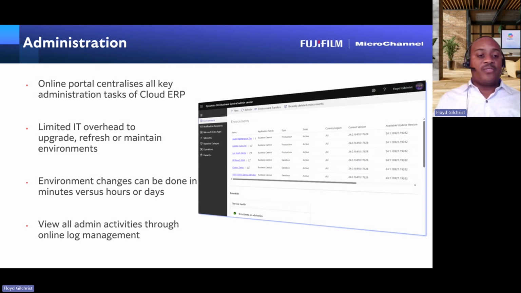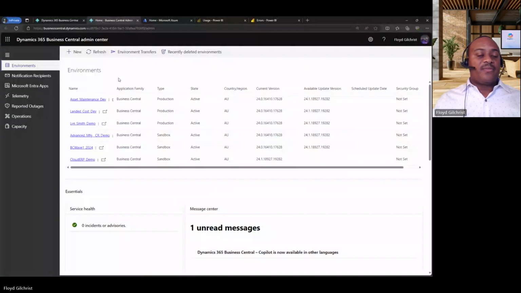So what I will do is a little bit of a demonstration of what it is like on a cloud environment with the administration. So let's see. On this page, you'll see an example of an administration portal, and for my example, I'm using Business Central.